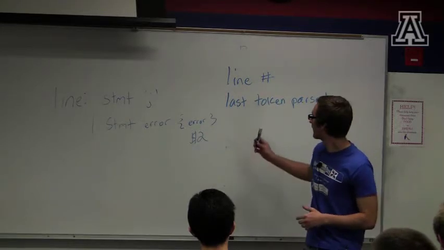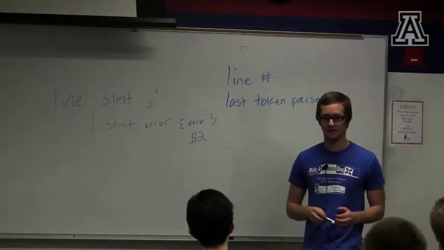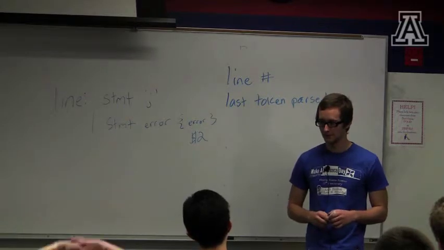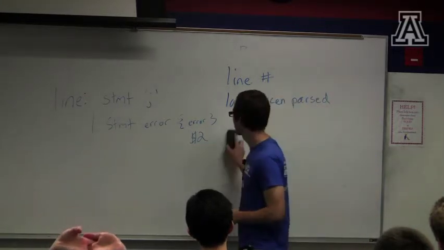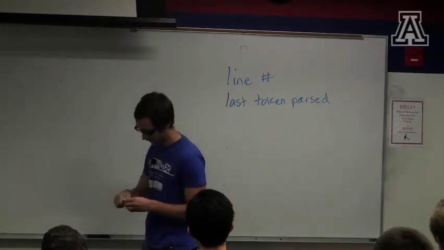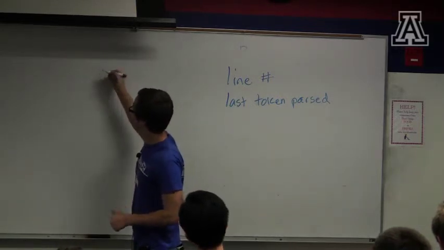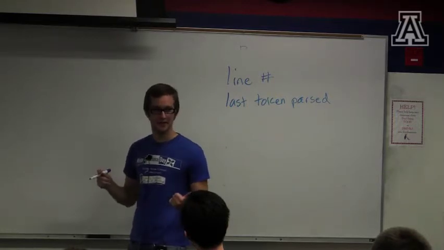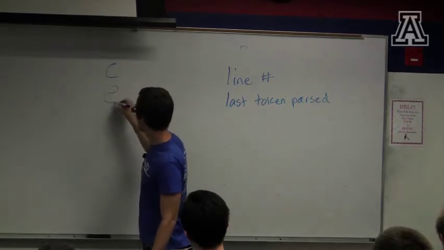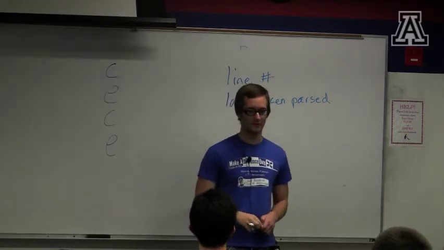So, what am I talking about? This is the minimum amount you need, and the complete amount you need, for an error message. So there's some question as to what happens if, let's say I've got a program and I'm really bad at writing programs, much like I am, right? I'm going to use C and E for a correct piece and an error. So I have a correct piece and then some error, and then a correct piece and then some error, right? How many errors should your program report?